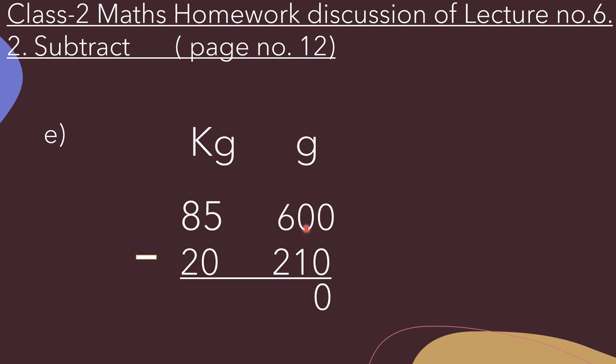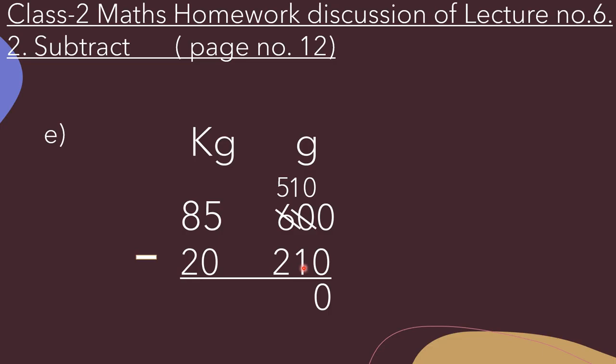We will take borrow and this 0 will become 10 and the 6 will become 5. ठीक है, मैंने आपको पहले भी बताया था बेटा, जो नंबर बोरो लेता है वो अपने आप में 10 ऐड करता है और जो नंबर बोरो देता है वो अपने में से 1 माइनस करता है। Okay, so now 10 minus 9 and